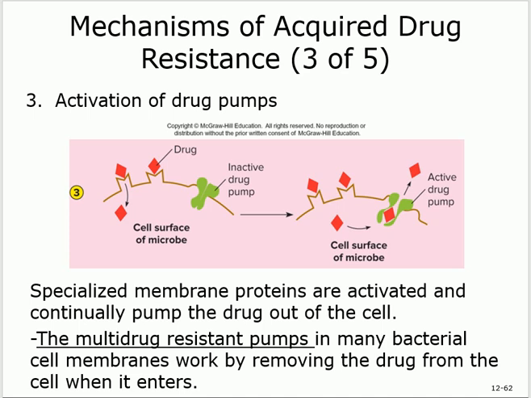Some bacteria can do that. How? We don't know. They developed this somehow. Genetic changes, we don't know. But they acquire this ability. If that's the case, they are resistant. Some of these bacteria have multi-drug resistant pumps. Some of these, okay? Not only one medication. They have multiple. They can pump out different medications. Like you give them penicillin, it interacts with the receptor, it gets in, but then they pump it out. And then you give them cephalosporin, it gets in, and then they pump it out. Some bacteria can do that. Okay, which is called the multi-drug resistant pumps.